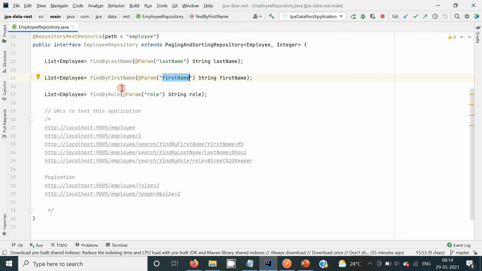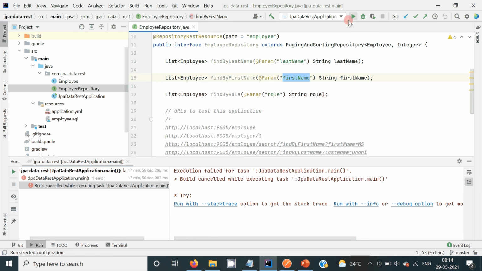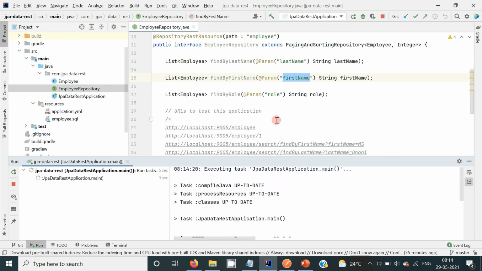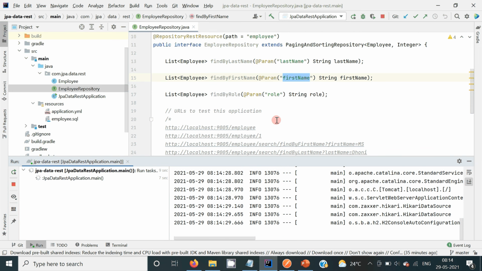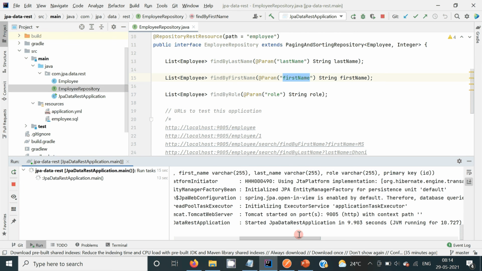Let us run this application and see how we can access the REST APIs from the repository class. My application is up and running on port 9005.